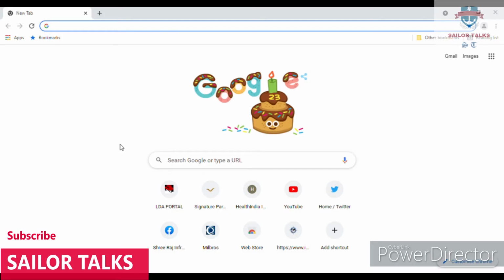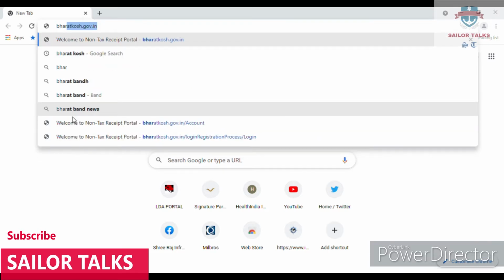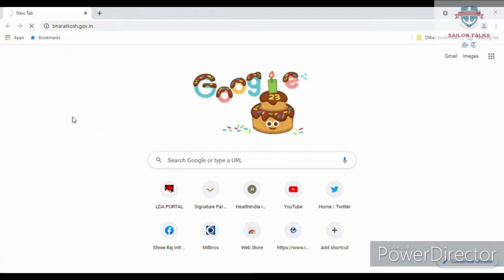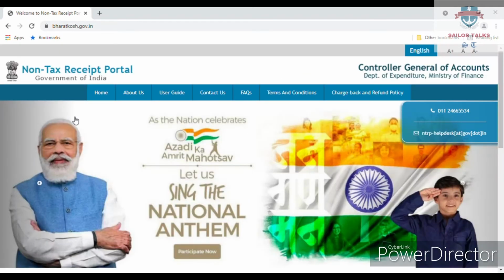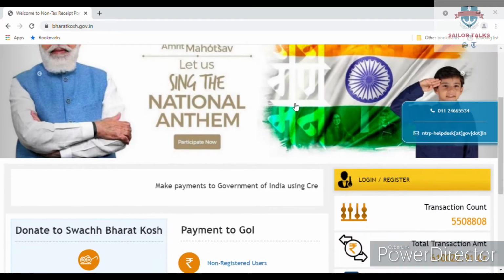So guys, for submitting the fee, you have to pay in Bharat Kosh. For that, you open your browser and type the website bharatkosh.gov.in, then press enter. Then the website of Bharat Kosh will open like this, and when you scroll down, you will find one option, login/register.